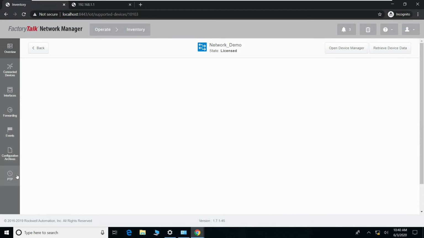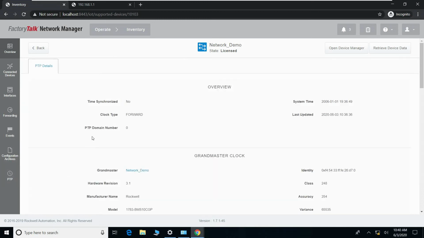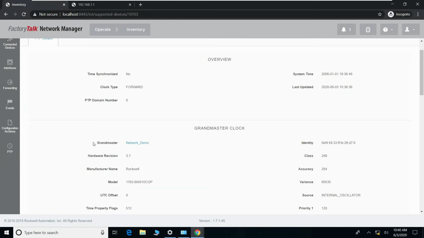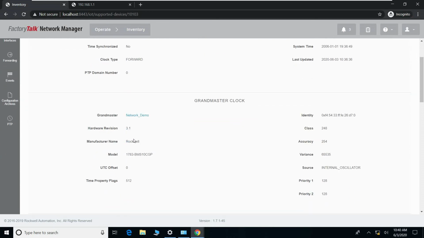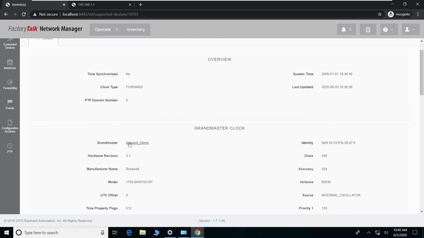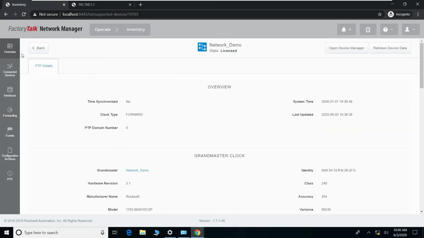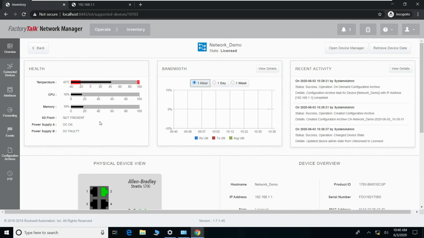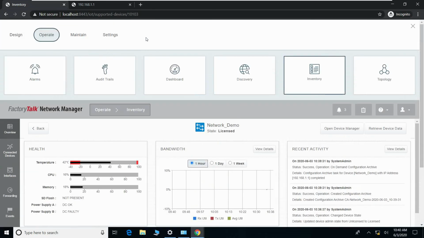And the last thing is if you have a precision time protocol enabled, this switch actually has PTP enabled, so you can see the grandmaster clock and time synchronization information for your network here. So these are all the features and things that you get with FactoryTalk Network Manager. I also want to show one thing really quick here, just kind of an overview of everything